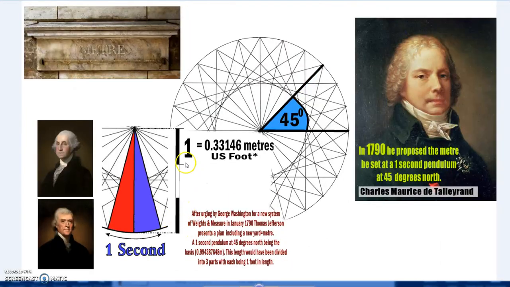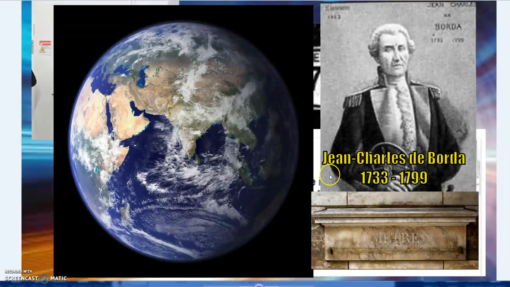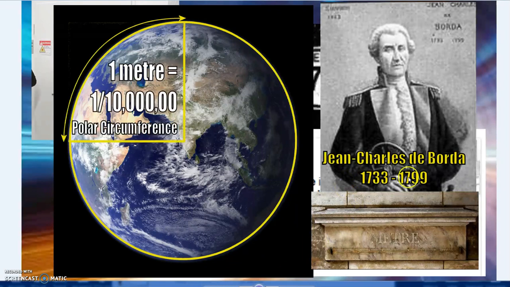This nearly came to pass, but the meter then, prior to the modern definitions, was based on the size of the Earth, and Jean Charles de Borda was one of those spearheading this movement. What they did was measure the polar circumference of the Earth by taking various measures and then being able to find out the number of degrees. And for a while, the meter was defined by the size of the Earth. So one quarter of the Earth's meridian divided by 10 million was the definition of the meter, and it was part of a movement to make everything metric, basically to wipe out the old imperial system of measures.